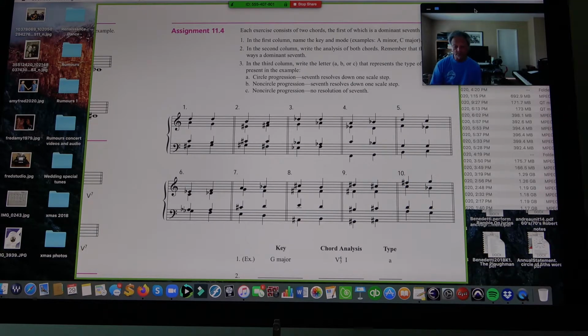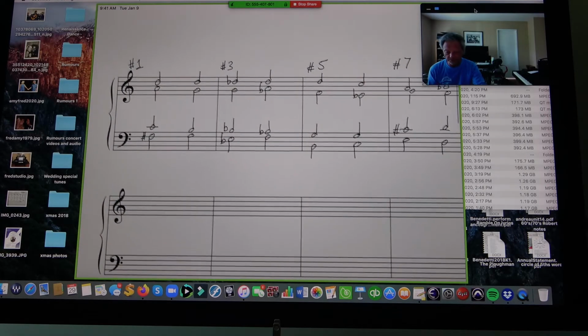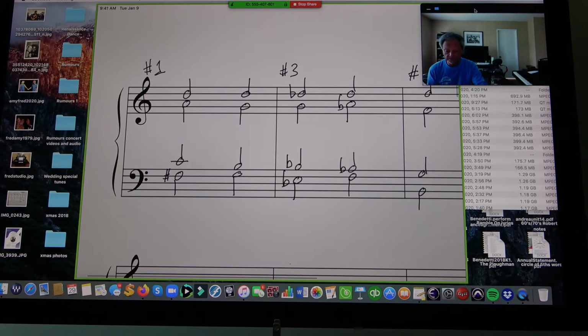So I'm going to give you a detailed view of how to do all of these particular assignments, but I'm going to give you example 1 is there done for you. I'm going to do that for you in this video. I'm going to go from example 1, 3, 5, and 7. So obviously that's on purpose. And then I'm going to switch over to the notated part, which I've already notated. So if you look at example number 1,